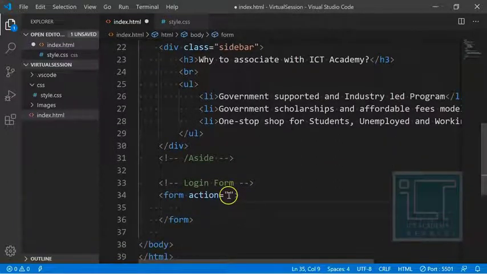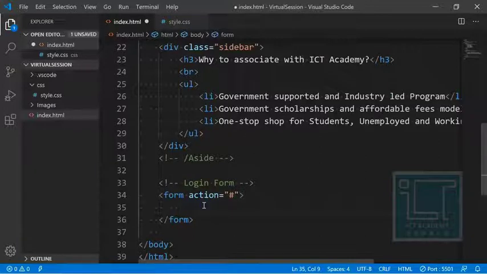Inside the form, there is an attribute called action. Action means that when you click on the submit button of the form, this form should be submitted and redirected to which page. Just like an anchor tag, clicking on it redirects to a different page, like href. So here for action, let's just give it as hash, because right now we don't want to move to any other pages. We just want to stay there.